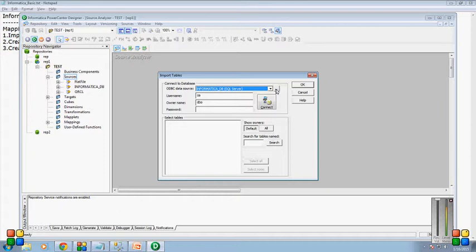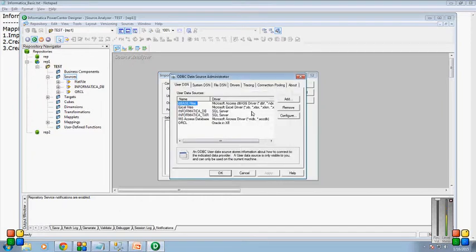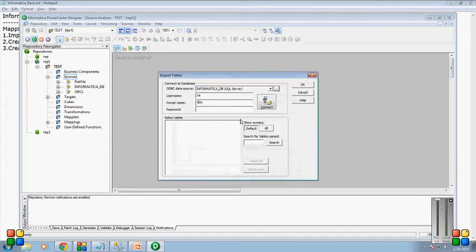If you do not have this set up initially, we can click on this button and add one more server which you have in your system. Using this pop-up we can add one more here. Because I have already set it up, I directly use this. I'm going to use the username and owner as DBO, and the password. For your respective password you need to type. It shows all the default tables which you have for this DBO owner in Microsoft SQL Server.